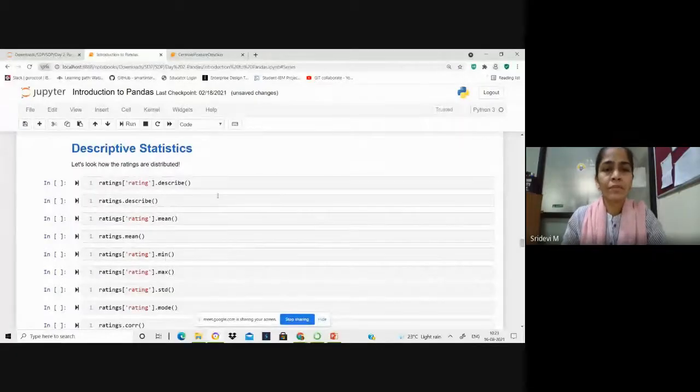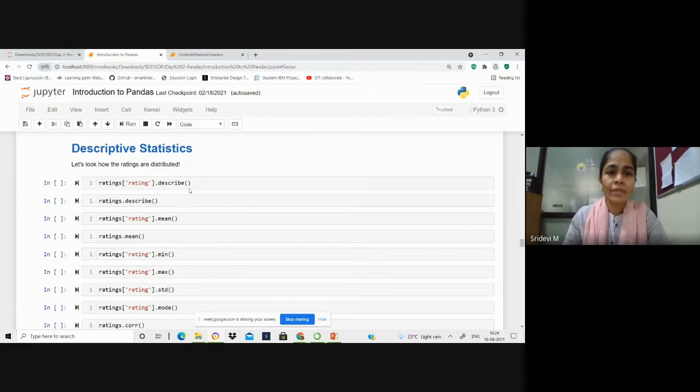Now let us perform some descriptive statistical analysis in order to understand the characteristics of the data. What is the spread in the data, variance in the data, or what is the central tendency in the data in terms of mean, median, mode, standard deviation, variance. All these measures will help us to understand the characteristics of the data so that we can proceed with our assumptions in order to select some machine learning algorithms to start with in order to fit that learning model with the data at hand.